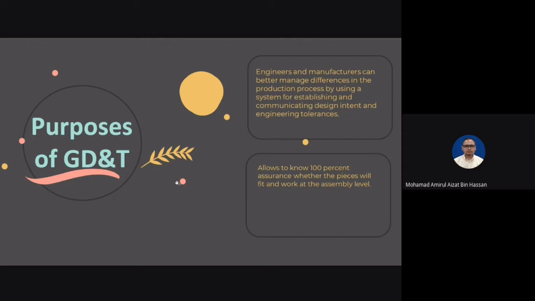For example, when part features are critical to function or interchangeability, if you're making a part that has to fit with a part made by someone else, you better call out all the features that will govern whether it fits properly. And when functional gauging techniques are desirable, think of functional gauges as measuring devices intended to verify a particular feature is within tolerance. For example, a go/no-go gauge.